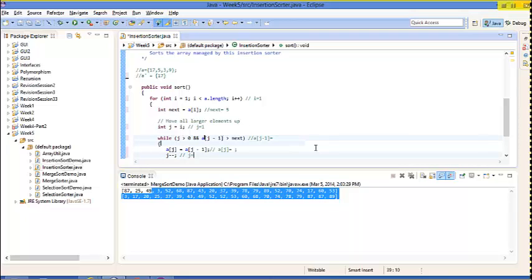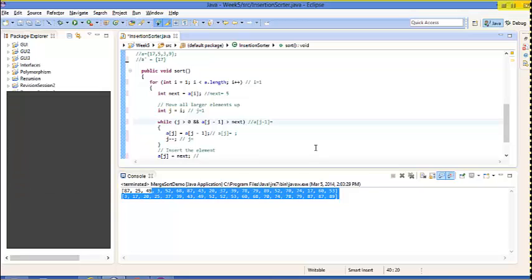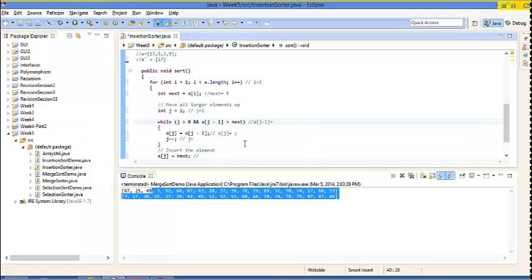So far so good. Now I will do my loop. As I said, I will compare the 5 with the value in the previous position. So let's do it. I have a loop. Make sure first that you're not in the first position. Because if I'm in the first position, then I'm at position 0. Can I compare this value with the position before? 0 minus 1? No. So I need to make sure that I'm not in position 0. So while j is greater than 0,